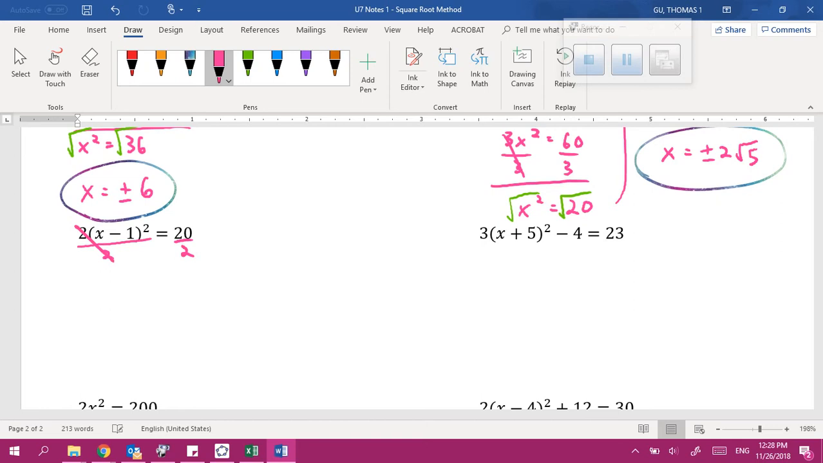So now what am I left with? X minus 1 squared equals 10. Now from here, what do I do? So notice it's x minus 1, and that's trapped inside by the squared. So how do I get rid of the squared? Square root. To get rid of the squared, I just take the square root. So that's going to cancel out the squared. So what's left on the left side now? X minus 1 equals